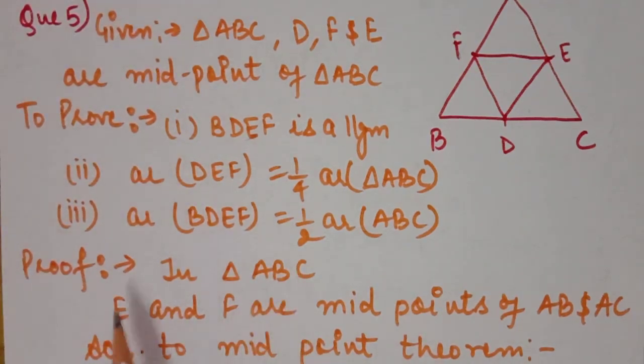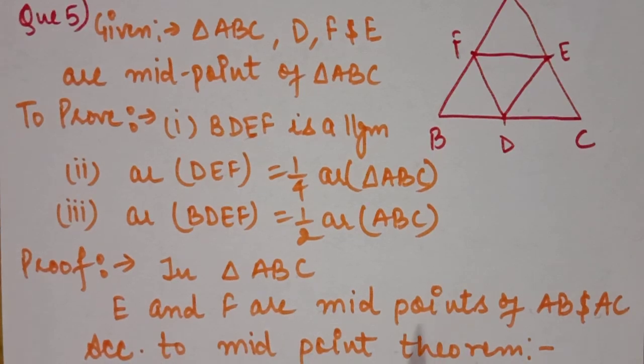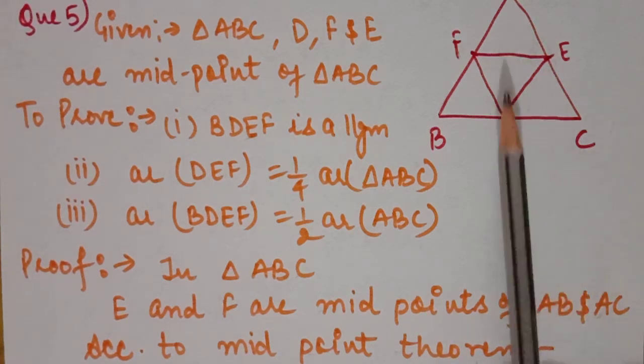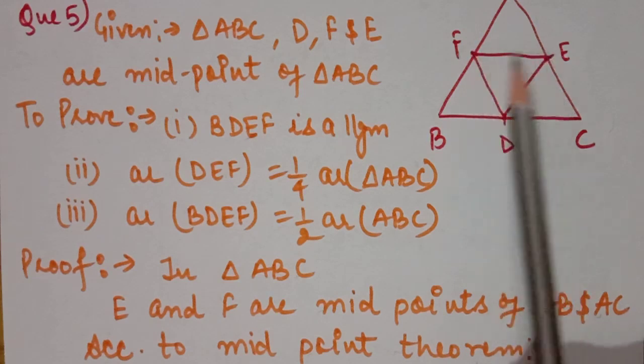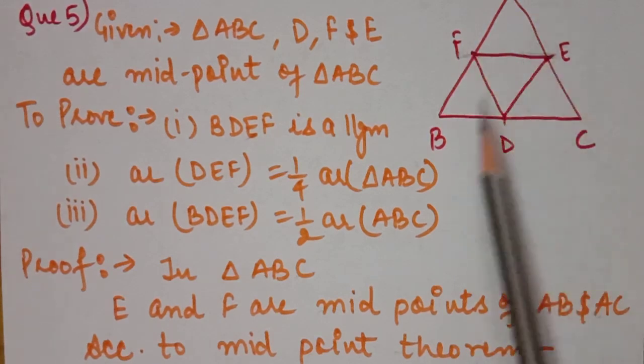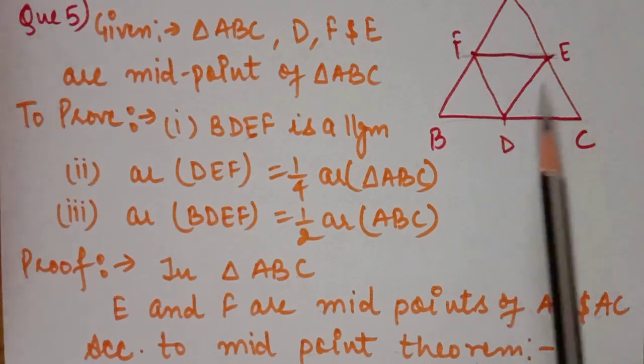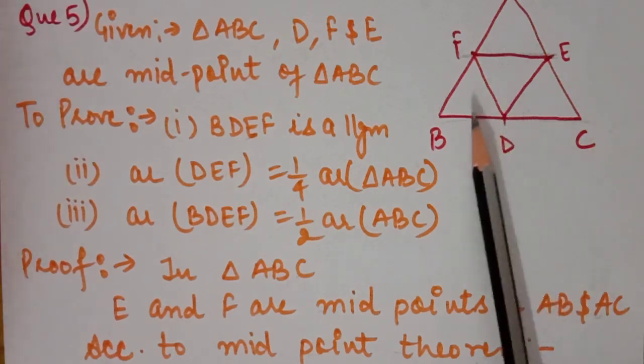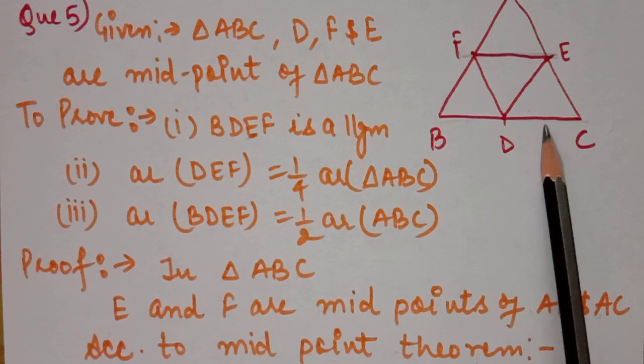In triangle ABC, E and F are the midpoints of CA and AB, so according to the midpoint theorem, you remember from the 8th chapter, quadrilaterals, the midpoint theorem. What was that? The midpoint theorem said that if two midpoints are joined in a triangle, then that line segment is parallel to the third side and half of the third side of the triangle. So according to the midpoint theorem, if these two are midpoints, this line is parallel to BC and half of BC. D is the midpoint, so definitely EF is equal to BD as well as DC.